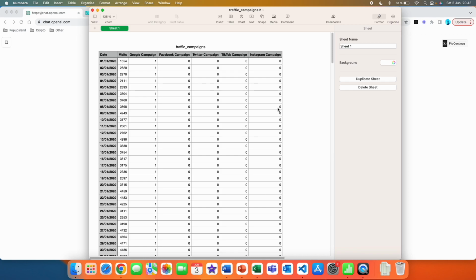If you want to create a dataset like this, you just simply want to run one campaign for the same amount of days that you run the next campaign. So in that case, you are going to be comparing the number of visits for Google campaign in the same period as the other campaigns. So in our case, that's 50 days for Google campaign, 50 days for Facebook campaign, 50 days for Twitter campaign,